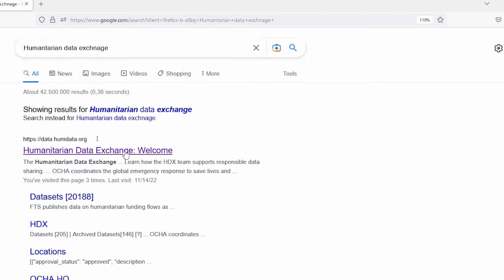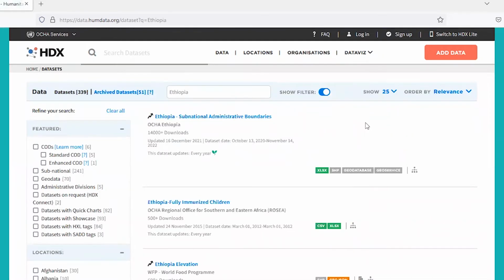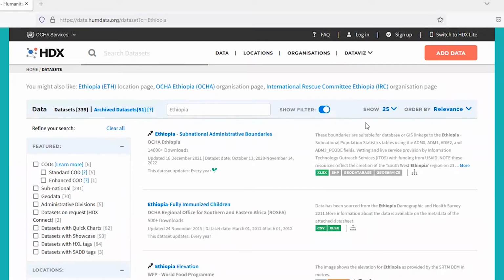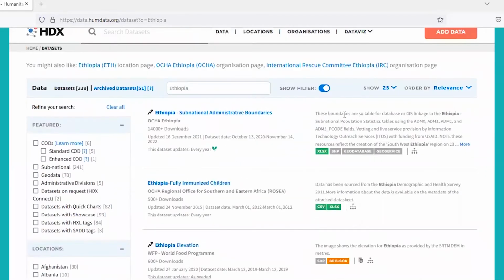After typing this and browsing to the website, we get a search box, and we write, in our case, Ethiopia, and click on the search button. Then after searching for Ethiopia, we get a lot of different datasets, including the shapefiles. At the first place, we can get the Ethiopia subnational administrative boundary dataset, which is recently updated,